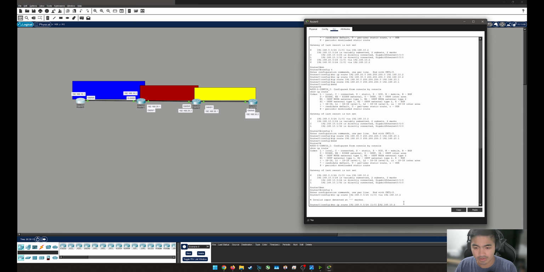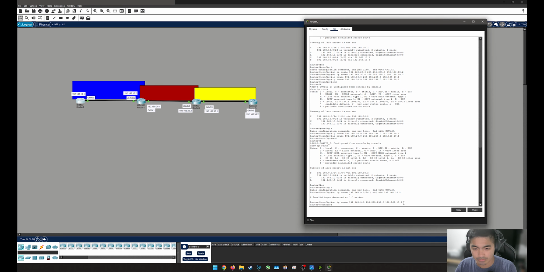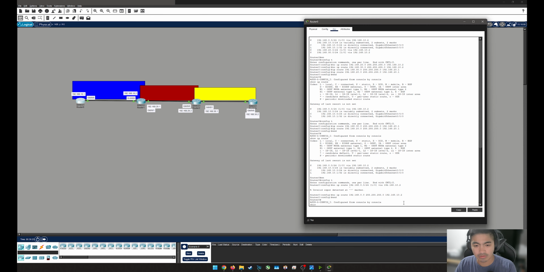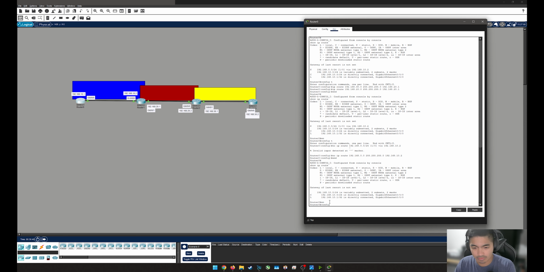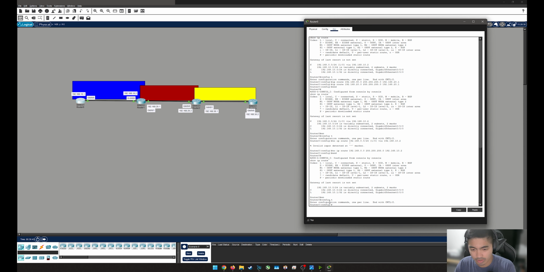Oh, made a mistake here. Yeah. All right. So then we just remove the one that was preset to this already when we started this lab. Let's actually add that. Just summarize the whole thing. Let's do IP route